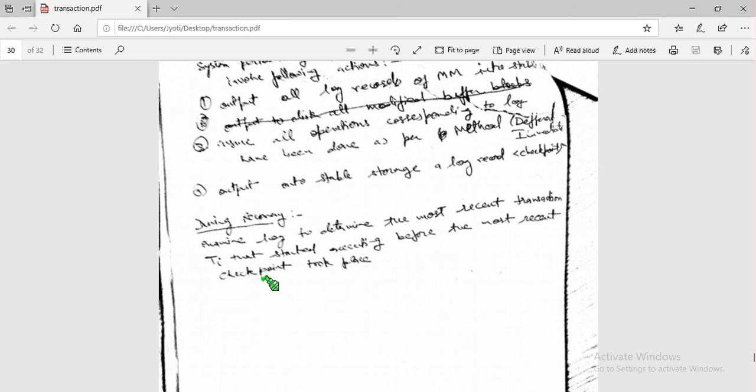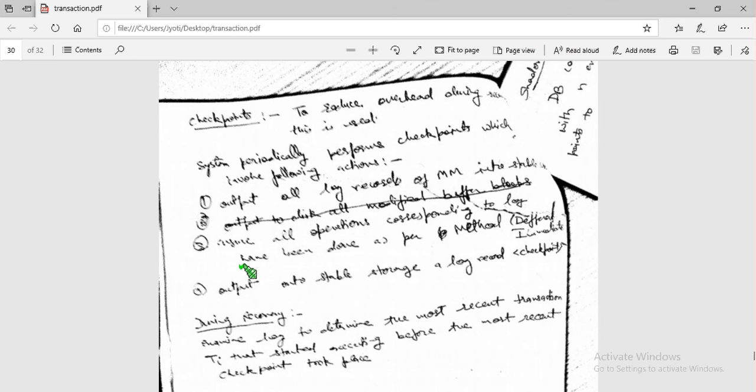So what is the use of a checkpoint? Checkpoints are important when there are multiple transactions. So assume that there are 4 transactions, T0, T1, T2, T3. Once the failure occurs, before the failure there is no problem with T0 and T1, they are already committed. So the system will put a checkpoint after this. What does this mean? When there is a failure, a checkpoint after T1 means we need not do anything with T0 and T1. It saves the overhead. We only need to do something with T2 and T3.